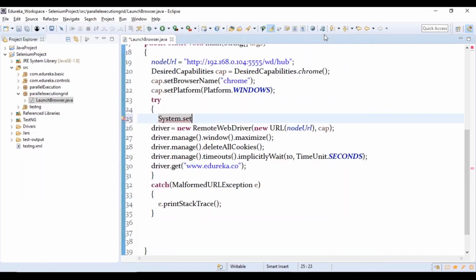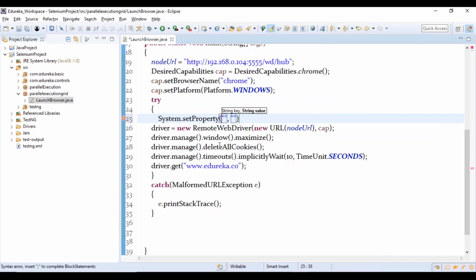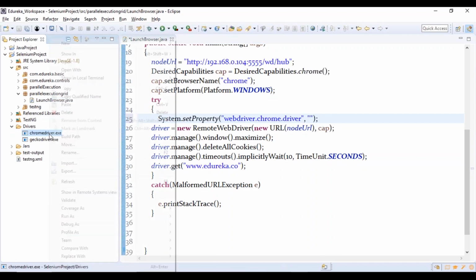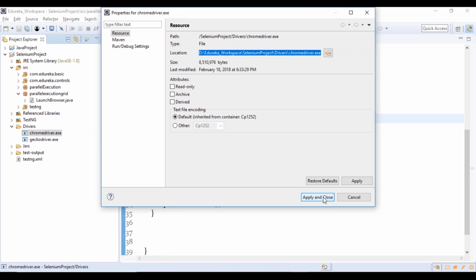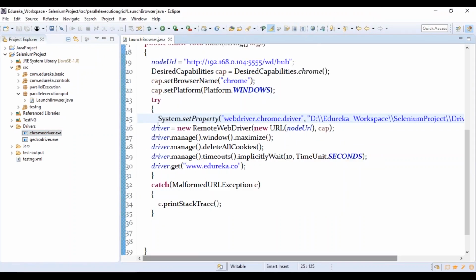Okay, so System.setProperty. So where it is, here it is. I'm going to give the key and I'm going to give the value. So here what I'm going to set, I say webdriver.chrome.driver, and the path that you have to give is wherever you have kept your drivers, right? On that particular machine, that is your node machine, wherever you have kept your chromedriver.exe file, you can give that and you can start working with it. Okay, so if you work likewise, then it is going to help you work with it.